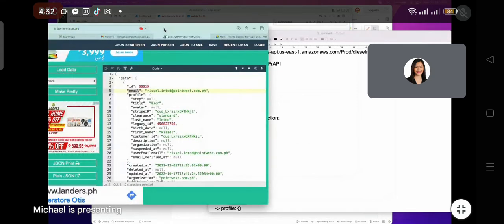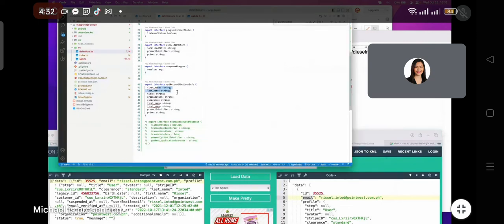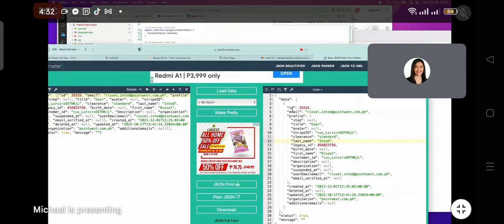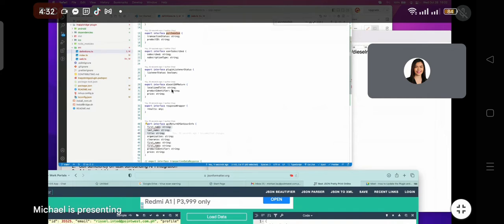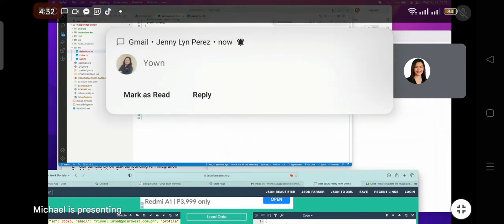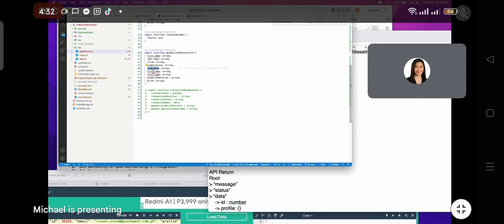Kasi, ang initial data natin is string. Diba? Yun yung pinapapaste ko eh. However, upon looking at this information, I realized na, okay, teka lang, yung ID natin, yung value ng ID natin is not a string. It is a number, correct? Yes. So, how do we best replicate or how do we best implement that? Simple. Clearance, ID,